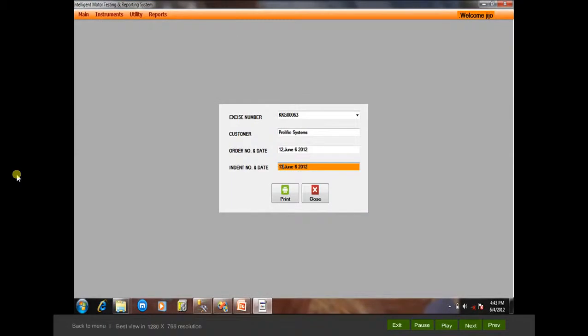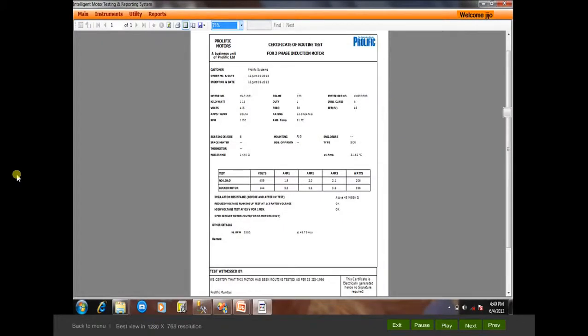User inputs excise number, customer name, order reference number, and indent number of the motor for which the report is to be generated. Once all the details are entered, click on the Print button to generate the report.